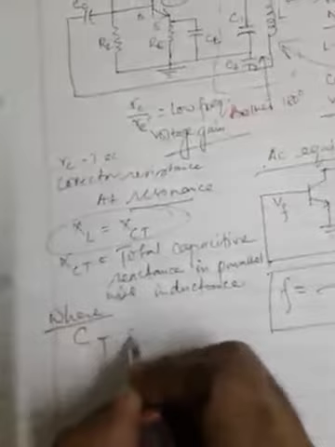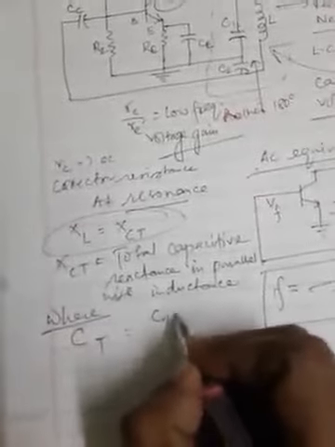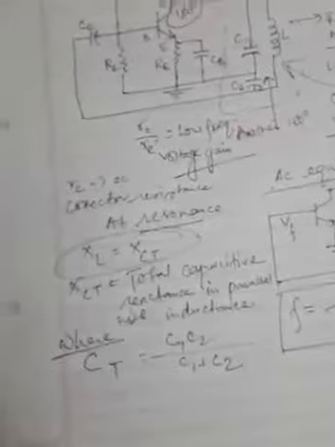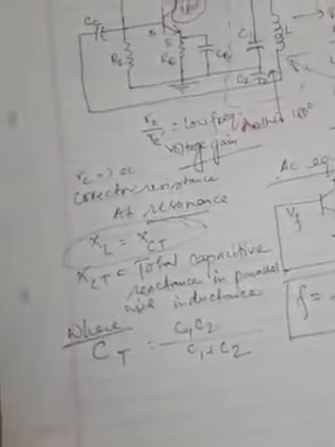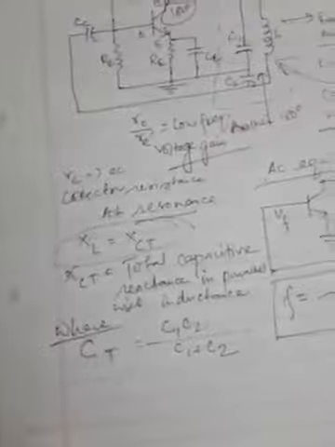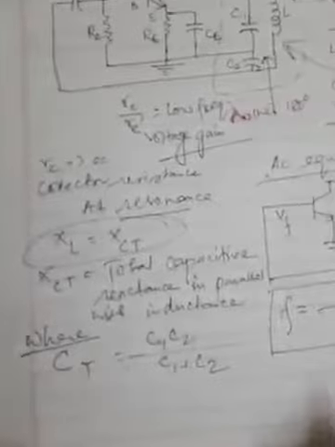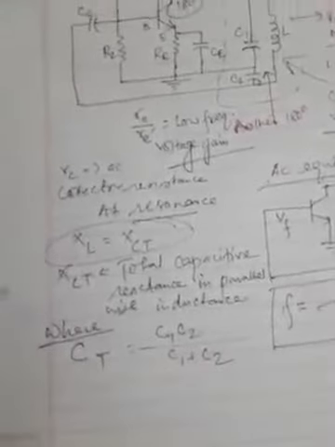So this is the fundamental formula for the frequency of oscillation, where C1 and C2 are connected in series across L, and CT is given by C1 and C2 in parallel. So this is C1 C2 by C1 plus C2. It is not in parallel, actually; C1 and C2 are connected in series. So the series connected C1 and C2 will provide the equivalent or total capacitance for this resonant circuit as C1 C2 by C1 plus C2.